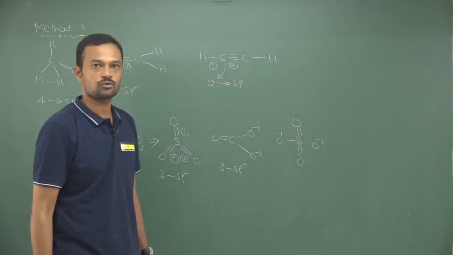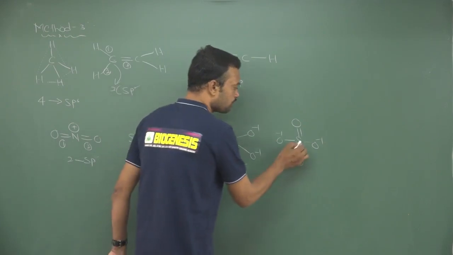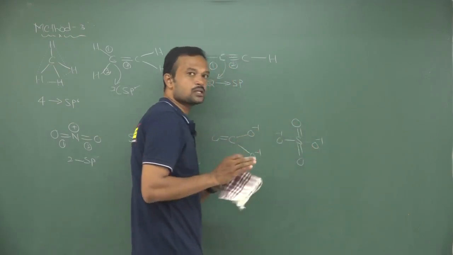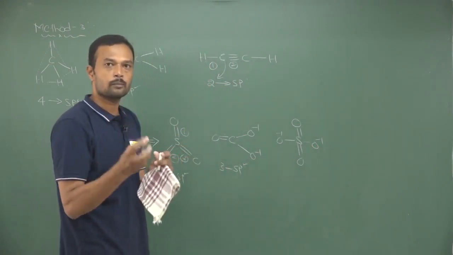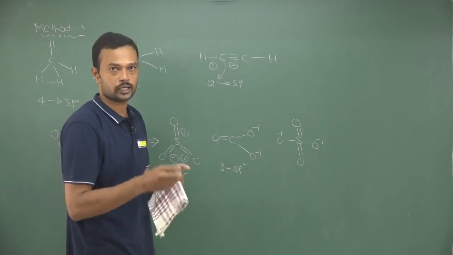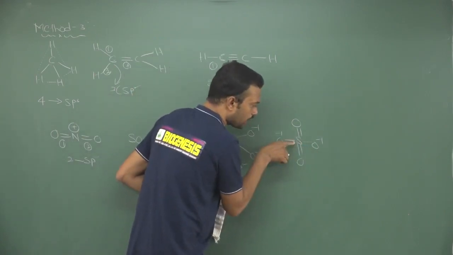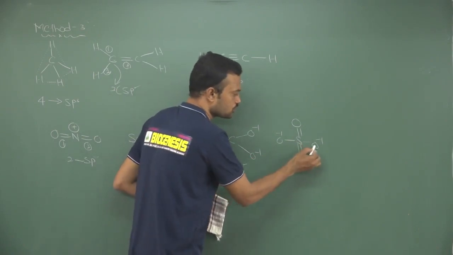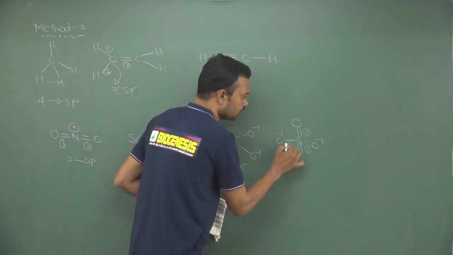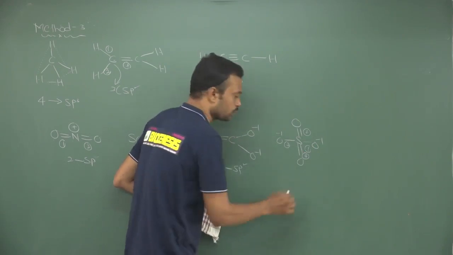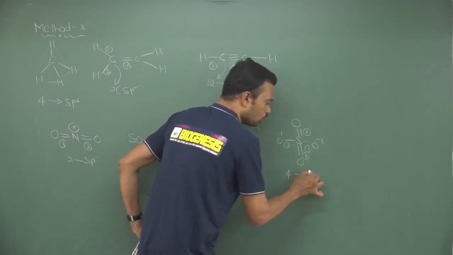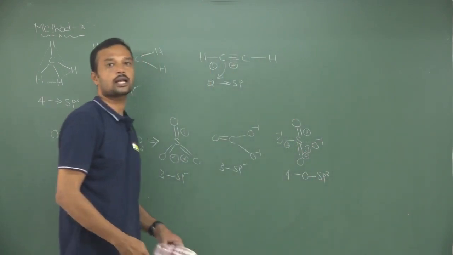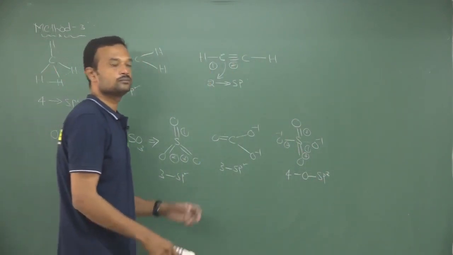So it comes from sulfuric acid. The total number of pairs is: between sulfur and oxygen one pair, sulfur and oxygen one pair, here also one pair. Here a pair means the set of electrons present between two bonded atoms. We are calculating hybridization for this central atom, so around it we need to see how many pairs are present. First pair, second pair, here third pair, and this is the fourth pair. Total number of pairs is 4. Now no lone pair. So finally hybridization is sp3. Like that we can calculate hybridization by using this particular method.